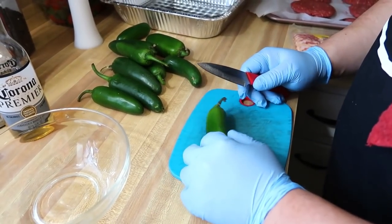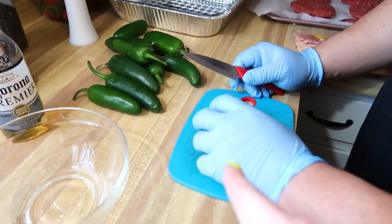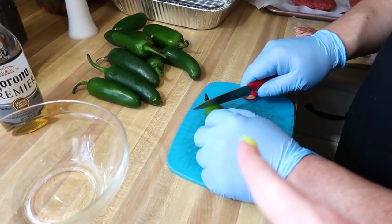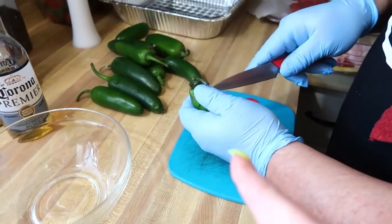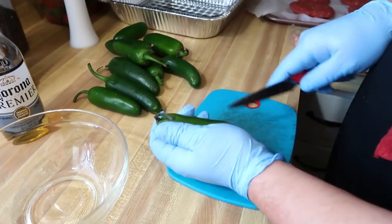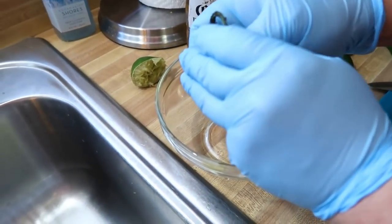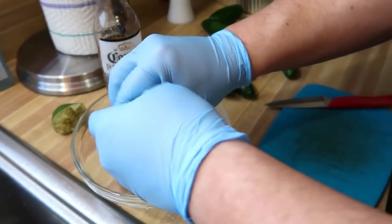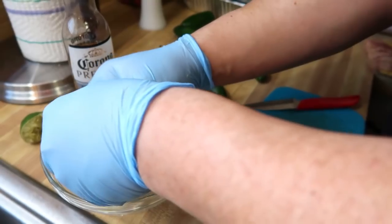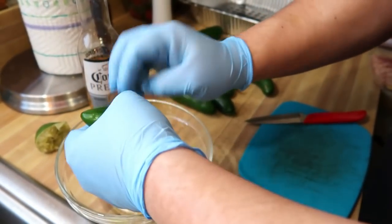I know you guys have seen these countless amounts of times, so we're gonna do this really simply. Leo's just going to cut off the stem, and he's gonna take out the seeds on the inside. This is his little technique. The main stem is where you get the heat from, and the seeds, so we try to get as much of them out, but there's no telling which one's gonna be hot and which one won't. You just go ahead and fill them up with a little bit of cream cheese and wrap